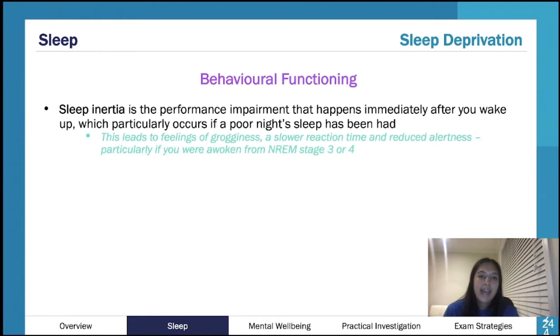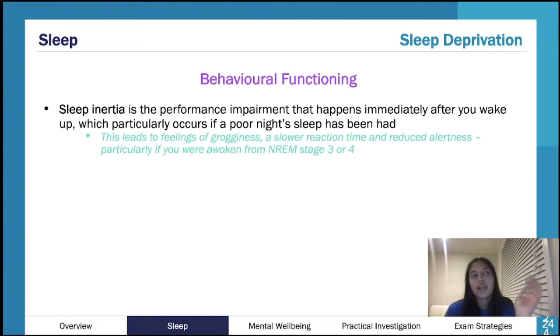Okay, so in terms of behavior, and again, as I say this, it's very important to know which ones are affective, which are behavioral, which are cognitive, because VCAA can very easily ask you what are some cognitive effects of partial sleep deprivation. And if you're not reading the question properly, you might talk about feelings of grogginess, easy to anger, moody. It's that idea that you're listing off your A's and your B's, but you haven't read the question specifically enough to realize that they're just asking you about cognitive.